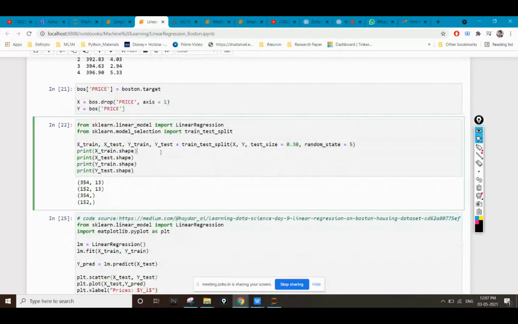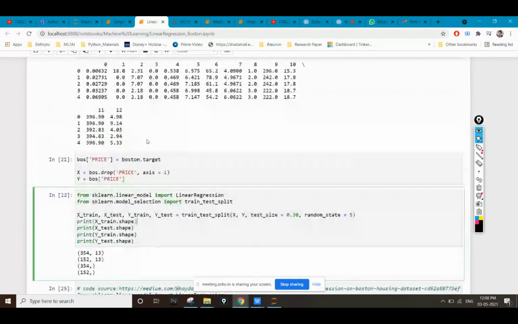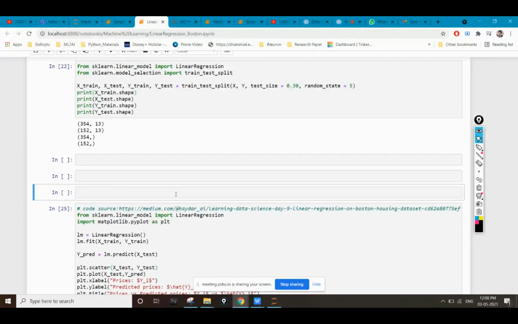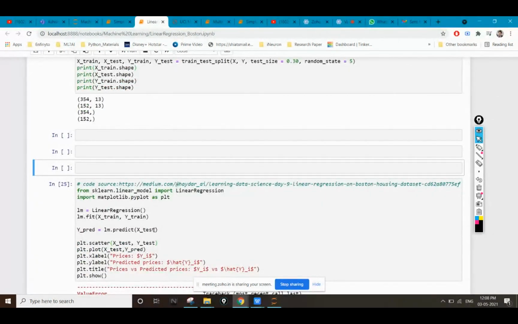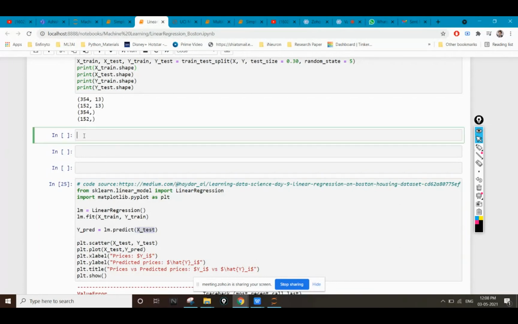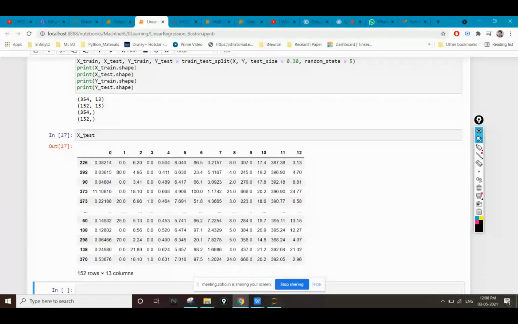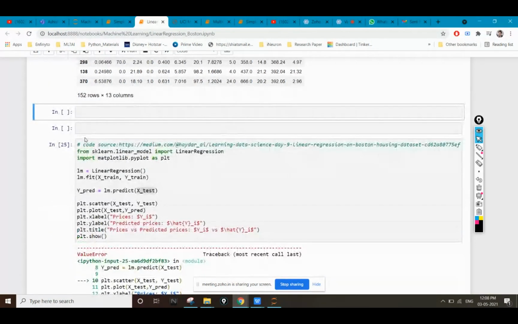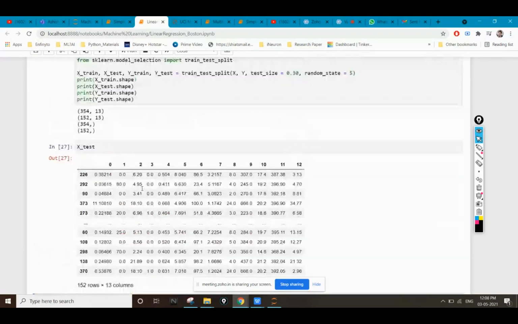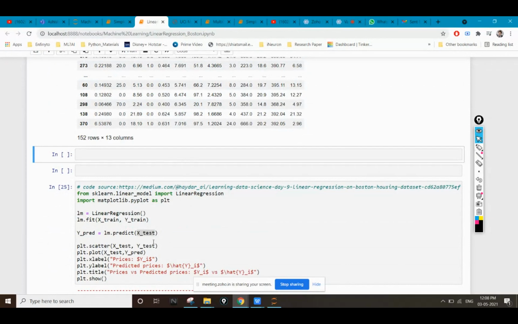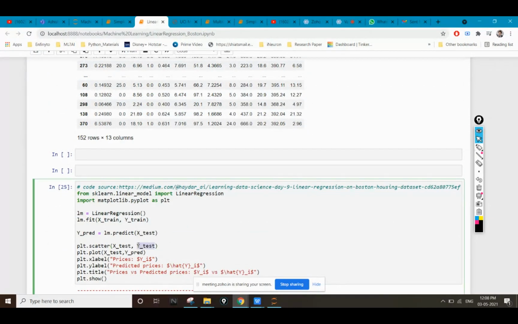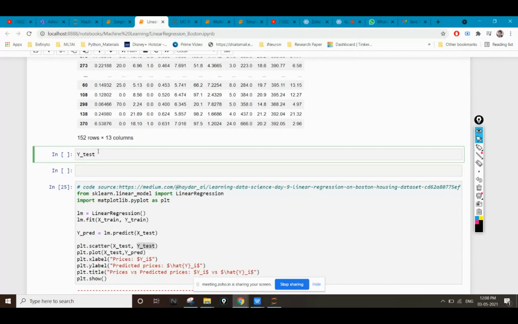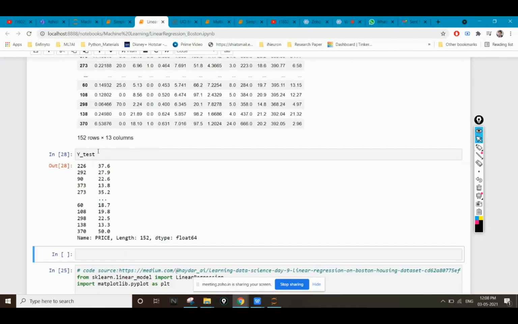Okay, let's check the size. X test has 152 rows and 30 columns. Y test has 152 rows.